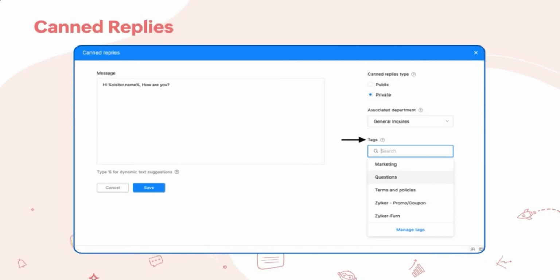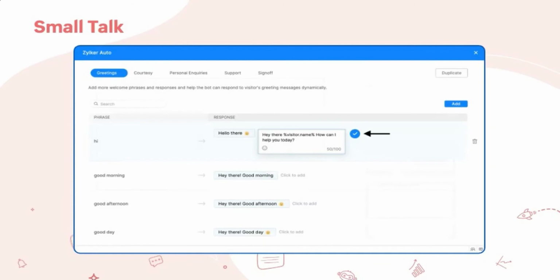Then you have small talk. It's a simple feature where you can add responses for commonly asked questions, greetings, and other sentences. You can add more replies to small talk in the form of packages. And the answer bot, which is a brand new feature that we'll be talking about in the next session, uses these small talk packages to respond to user questions.